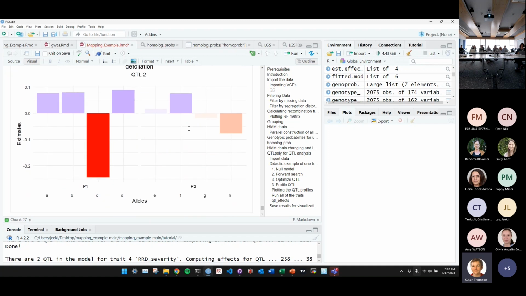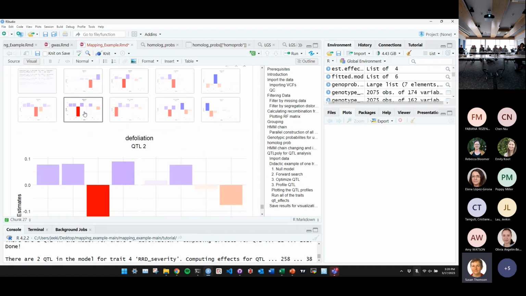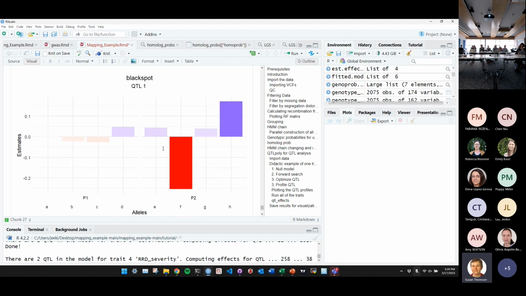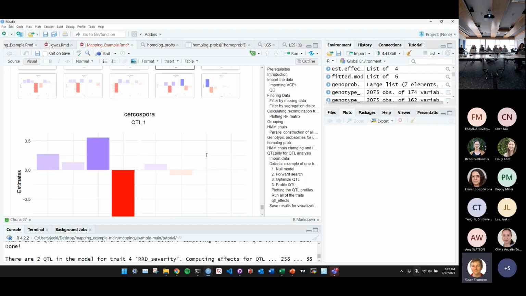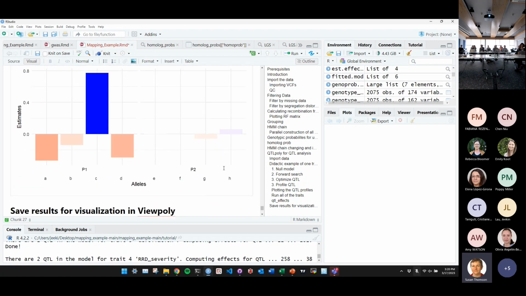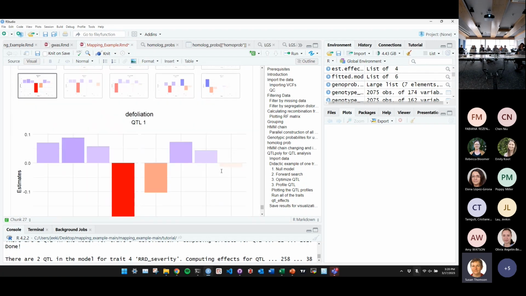What you notice here is most of these resistance traits, black spot here, Cercospora here, defoliation, a lot of these seem to be primarily simplex duplex traits. So you have one homolog that's contributing a lot to the phenotypic mean. When you get into more quantitative traits,